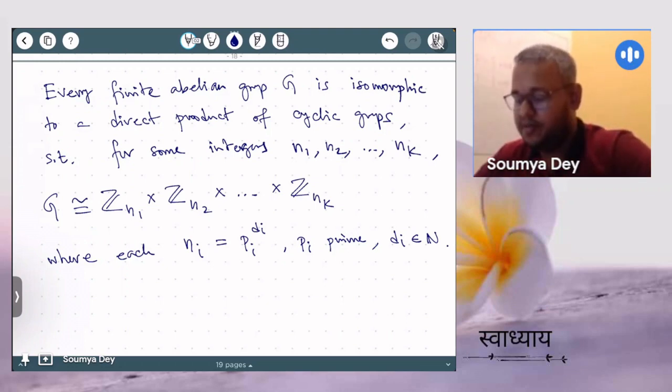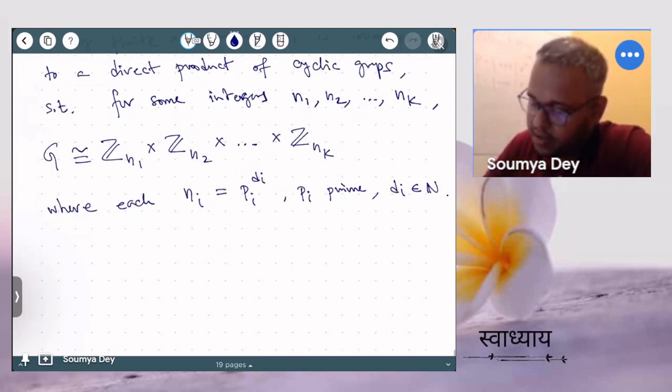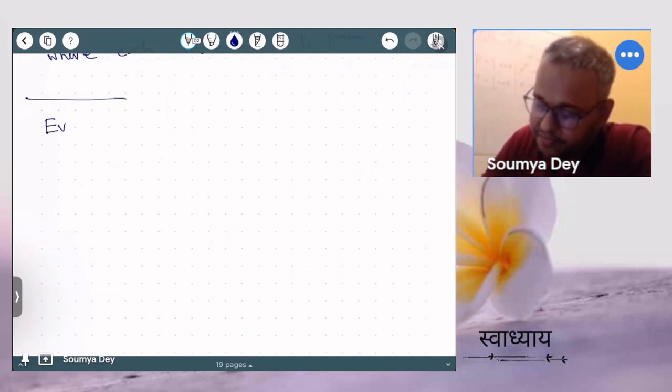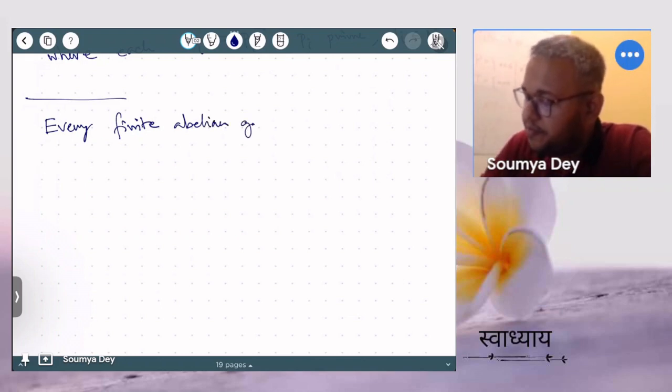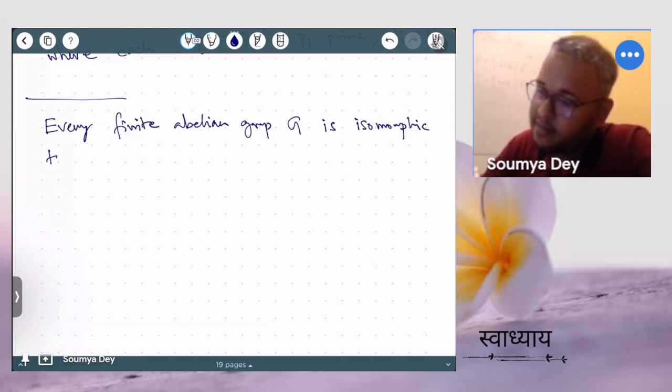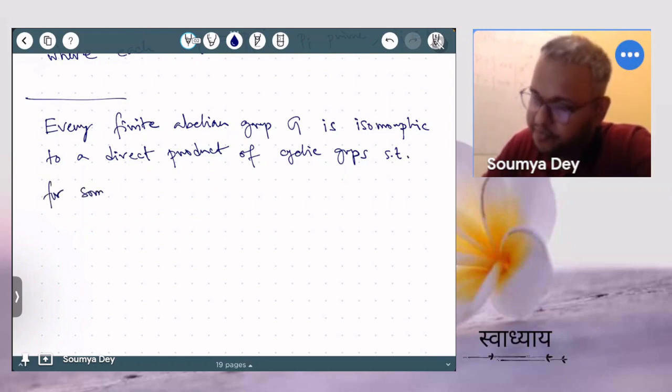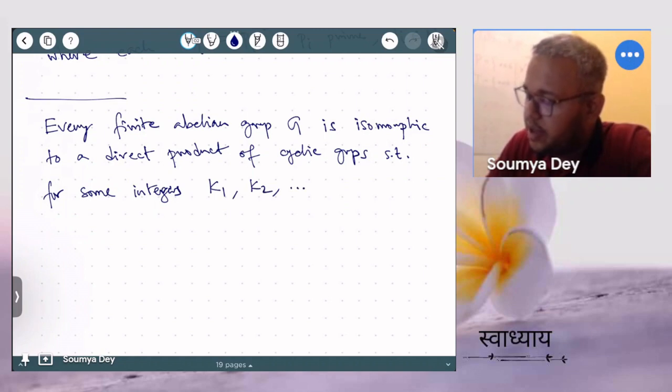But there is another version, which is basically coming from this only. Let us see what that is. I'll write it down and then we'll discuss it. It says every finite abelian group G is isomorphic to a direct product of cyclic subgroups such that for some integers k1, k2, up to km,